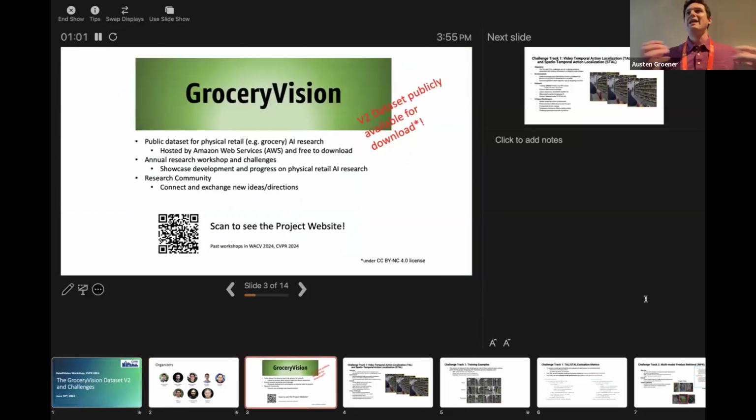And just a little bit of high level about what the Grocery Vision Challenge is meant to be about. First and foremost, it's a collection of publicly available data sets that are collected in realistic physical retail environments. They're hosted by AWS and free to download. Note that the licenses for these data sets are Creative Commons licenses, so they're mainly aimed at academic research. But all you have to do is scan to our project website. Feel free to reach out to us, and we're happy to share the data sets that we've accumulated thus far